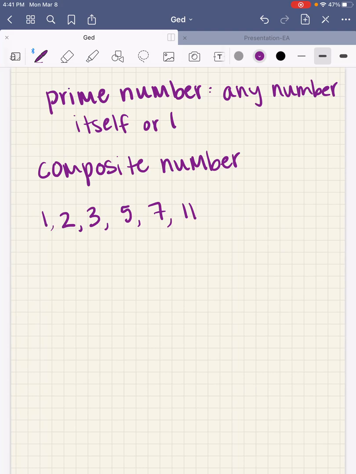So when we are trying to do prime factorization, what we're trying to do is find all of the prime numbers that go into a number. So for example, let's say we are trying to find the prime factors of the number 12. What we want to do first is think about what small prime number goes into 12. So I usually like to start with 2 and see if 2 goes into that number evenly, and in this